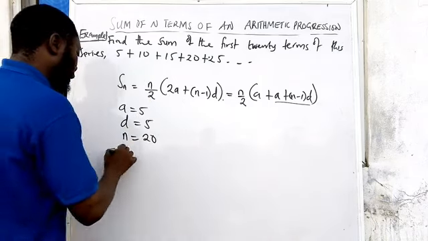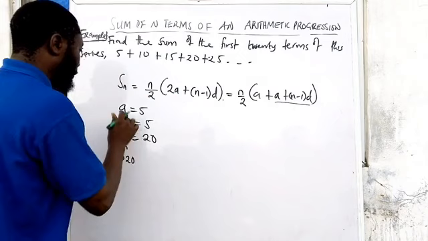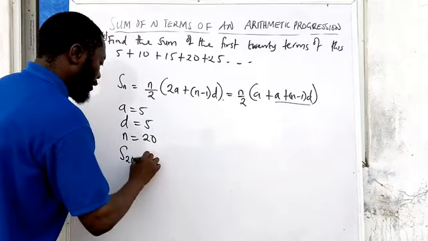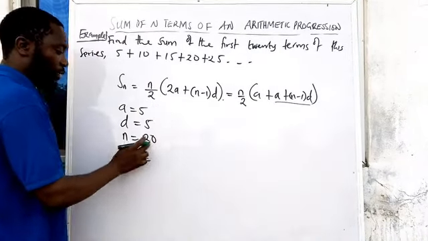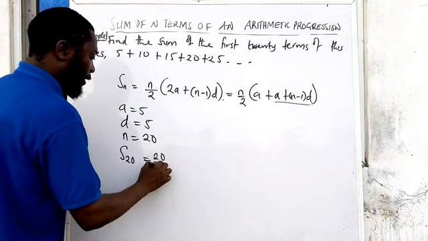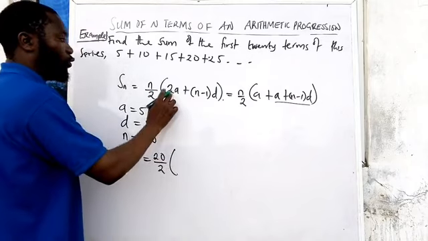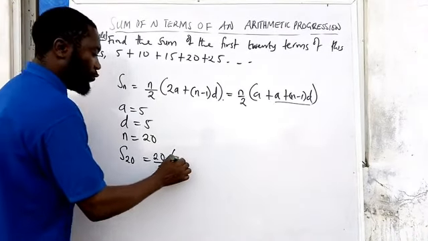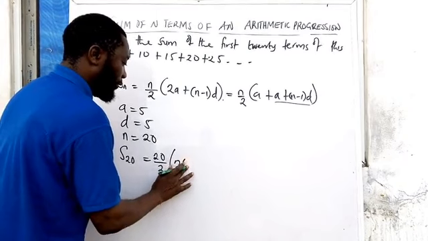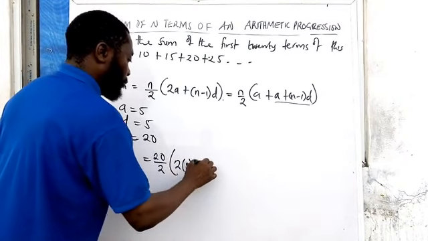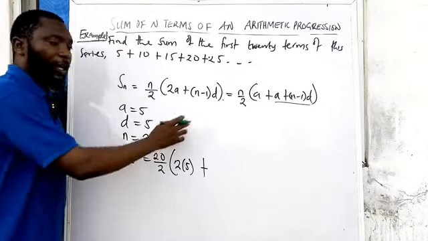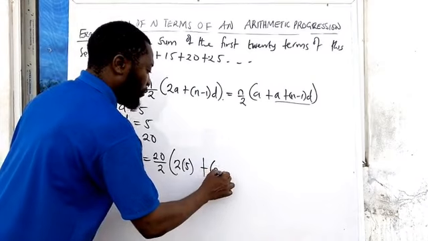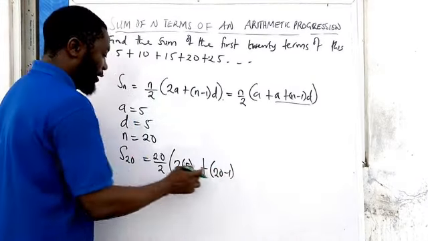So S20, this is Sn, n is now 20, so that's S20, equals n, which is 20, divided by 2, open bracket, 2a. Our a is 5, so 2a will be 2 multiplied by 5, plus n. Our n is 20 again, so 20 minus 1, multiplied by d. d is 5,